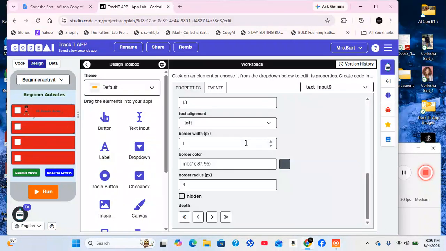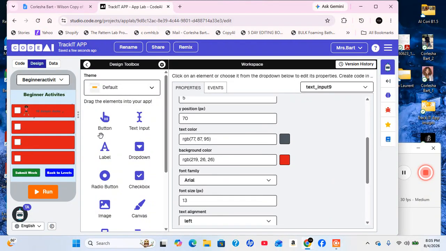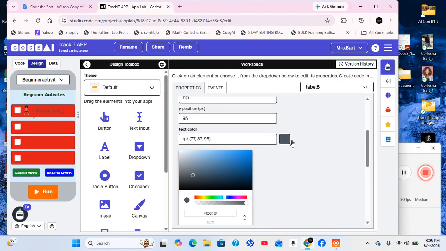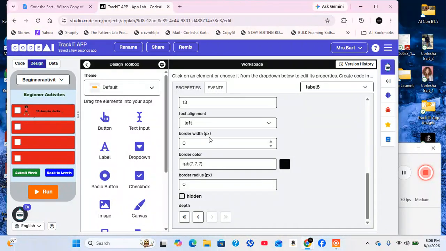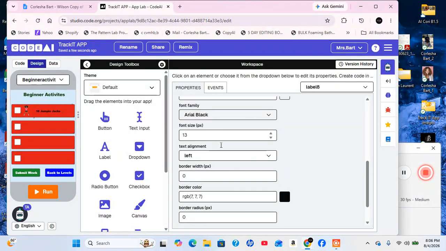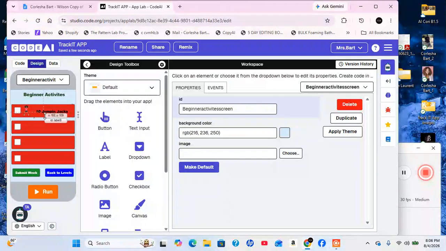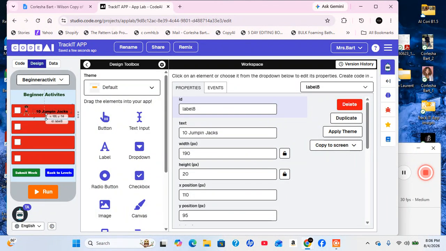Let me see, that was the border. Text color to black. All right, text color to black. And you change the font size. So on the left, you can keep the text alignment to left. The font size, you just go ahead and upsize it so you can see it, right? So 10 jumping jacks, right? Okay, so once you get the color and the size that you want for this text,